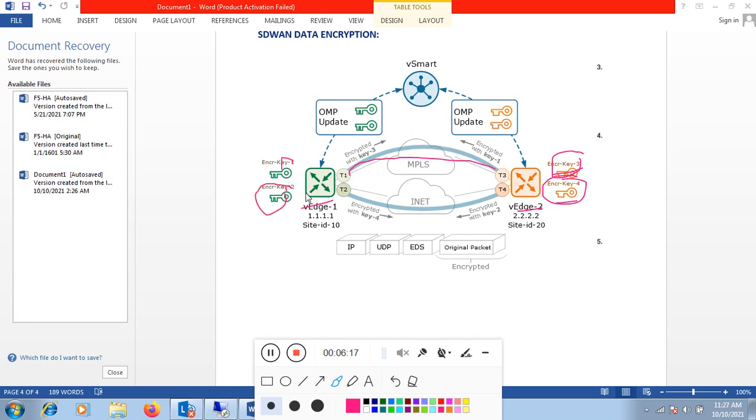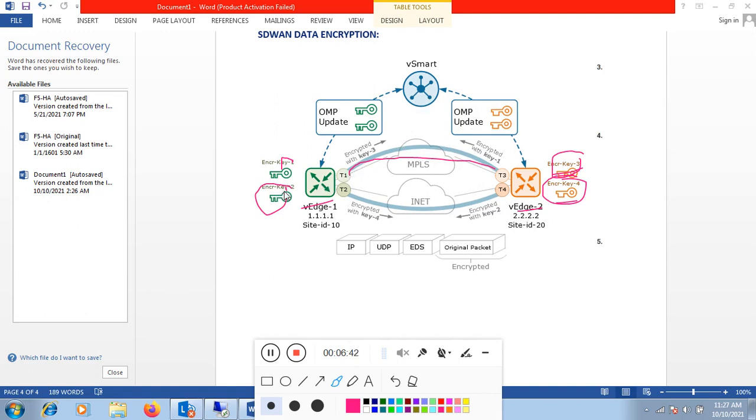Then, as a part of the OMP update, each WAN edge will send its key to the vSmart. So WAN edge 1 sends the key to vSmart, and WAN edge 2 also sends the key to the vSmart, and then vSmart pushes the keys to the other WAN edges. So when WAN edge 2 shares encryption key 3 and encryption key 4 with vSmart, vSmart provides that encryption key to WAN edge 1.